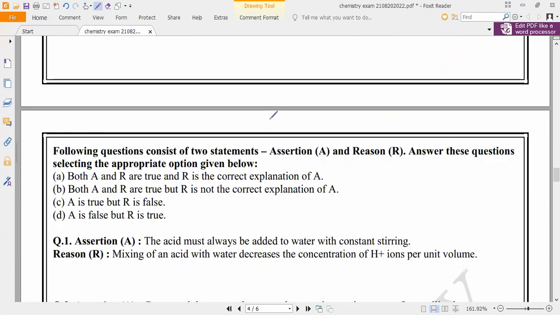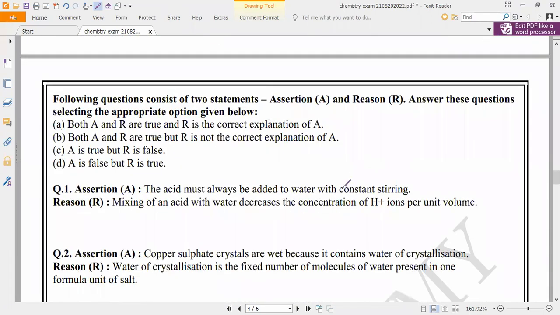Now we will go with the reason and assertion. So reason and assertion is very important. Try to understand very carefully. If you have any doubt anywhere, you can ask me. Now, first you should say either right or wrong. That's all I want. All of you should respond, and if you know, you can say directly. No hesitation here. Kevin, are you understanding? Kevin, Harini, Akshaya. Okay, first one.